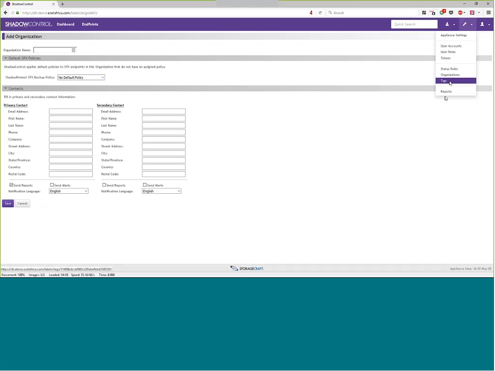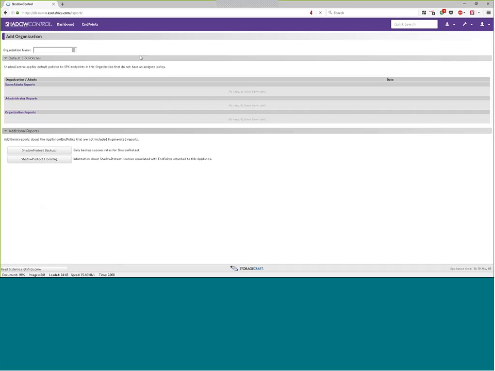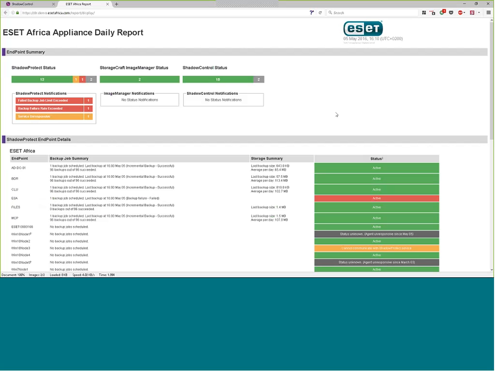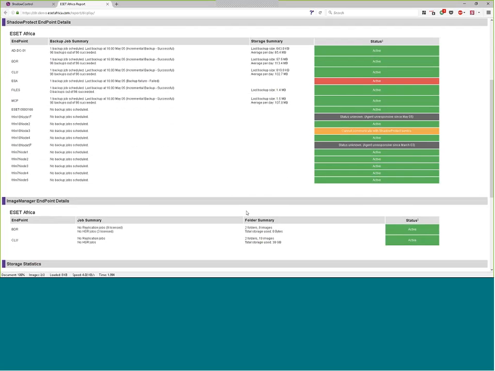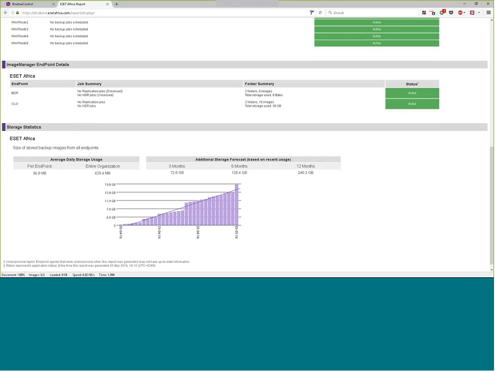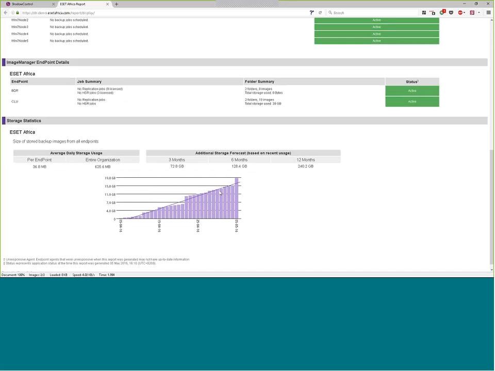Next, you can obviously set up all the tagging, and then lastly, the last thing that I need to show you is the report. So I'm just going to run the full super admin report very quickly. And as you can see, there's the rebranding at play. You see the logo, you see the company name, you see the status for the entire environment, you see a storage forecast. Now, this is a very useful feature.